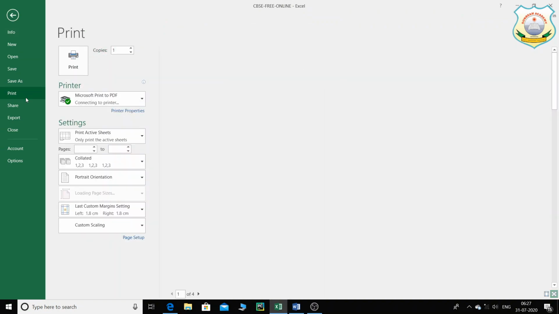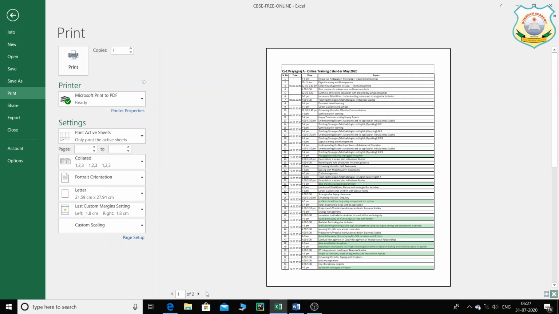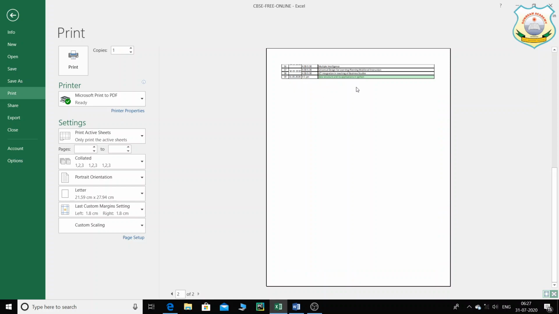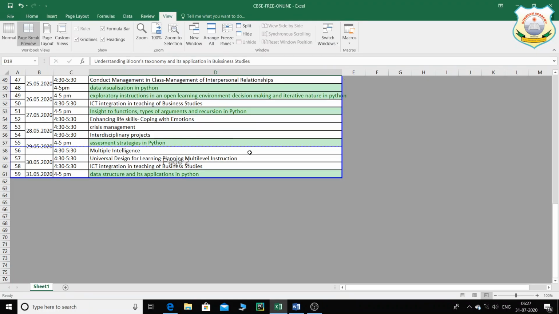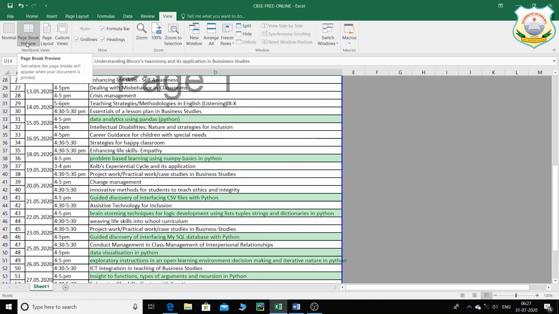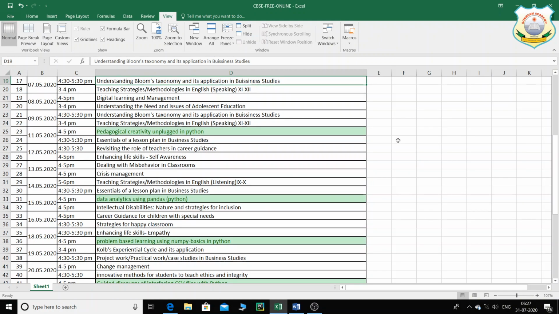Now if I go to take the printout, you can see this is page 1, and just a small part is coming into the next page. That is how it is going to work for you. So that is page break preview. And then if you click on normal, you're going to come to the normal window, normal view, and then you can start working again.